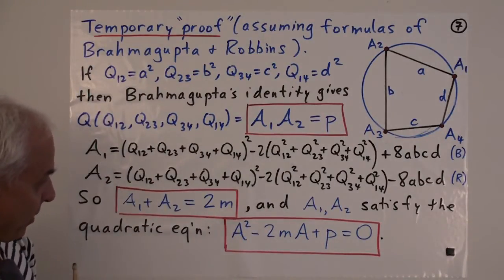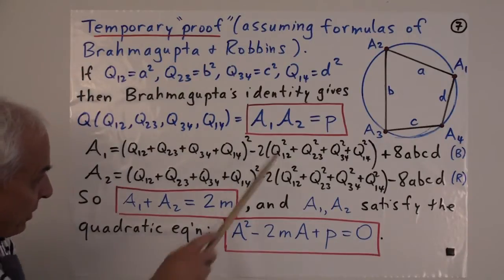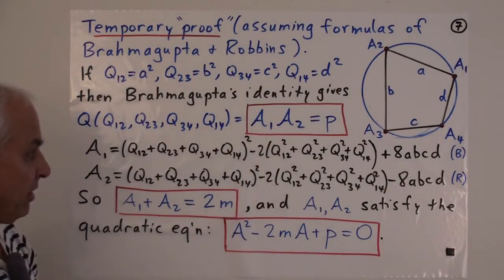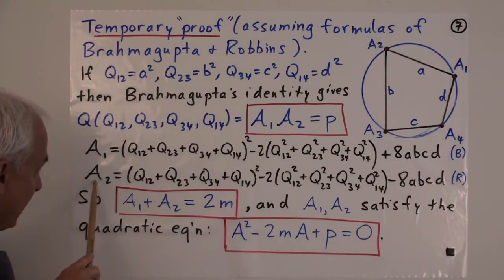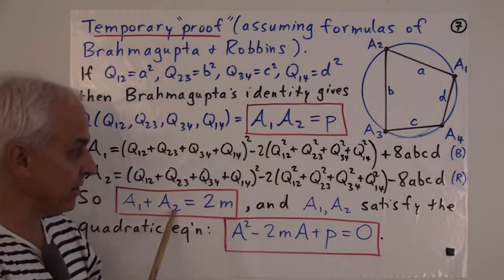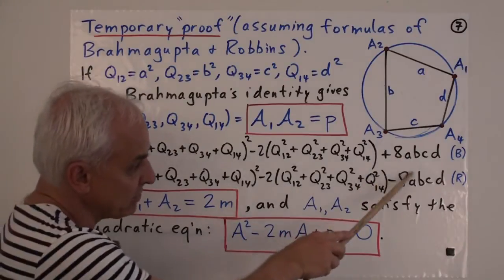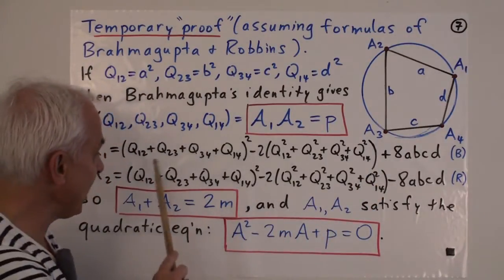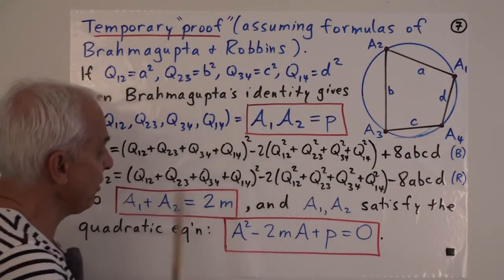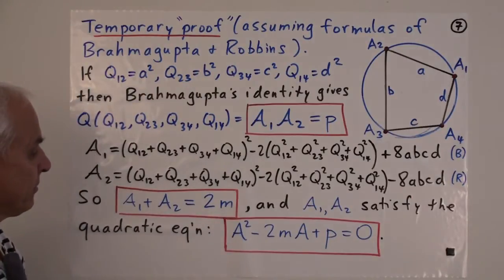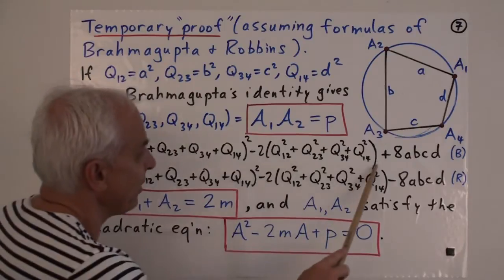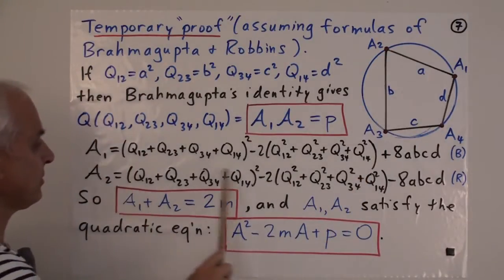Okay, now what we can do with these two things is, first of all, we know that their product is, well, we're calling it P, which is this quantity right here. What we can also observe is that if we take the sum of these, then these two terms here will cancel, and we'll just get this term here times 2. Okay, so what is M? Well, M is just this quantity right here.